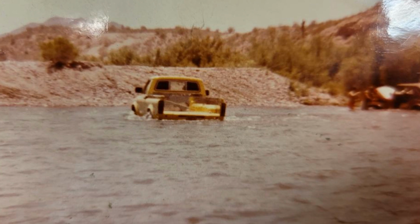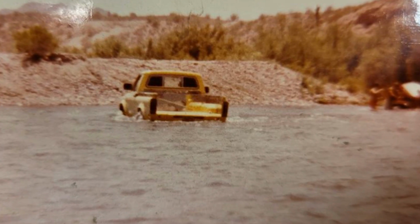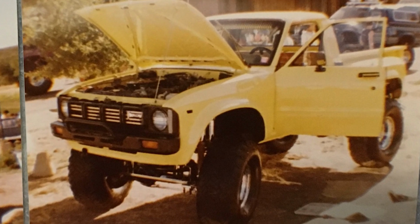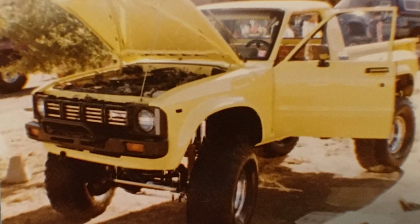This is a true story. So when I had my Toyota truck in 1980, I put it on 38s. And every week when I got paid, I would buy one more shock, Rough Country shock. And then I had just enough money to send it down to get chrome. And after I put 24 chrome shocks on my Toyota truck, and then found out that you couldn't do that,